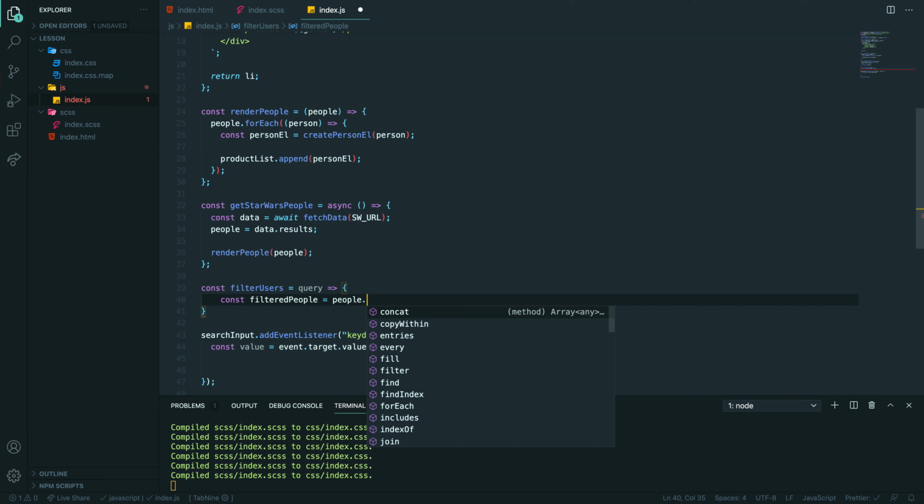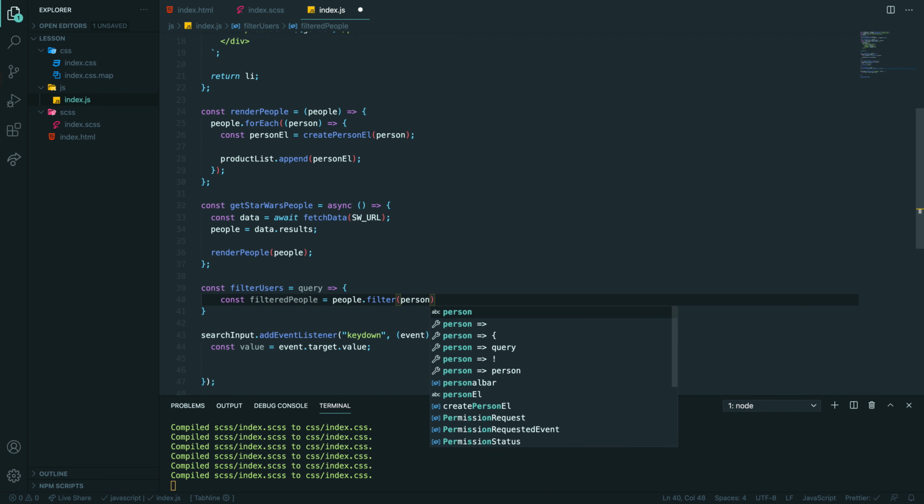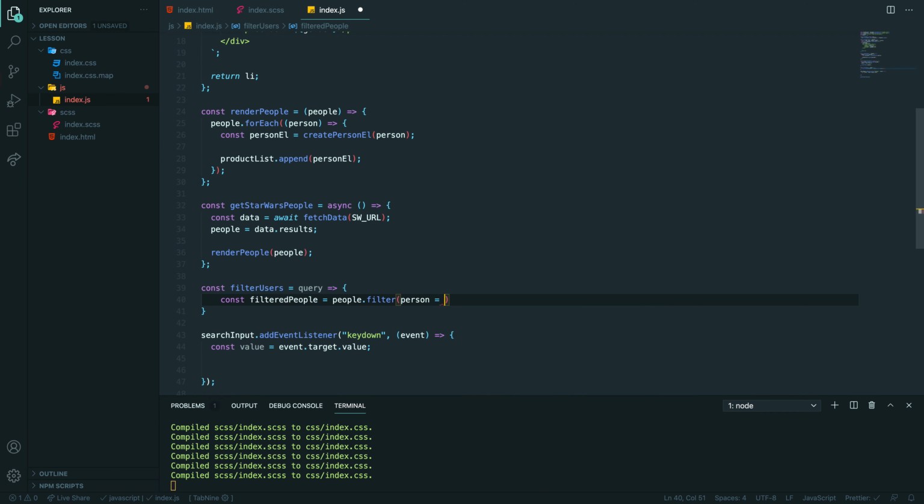Dot filter. And we take person. And we do what? So we want to check the name of the person. Theoretically, we can just destructure and get just name to keep it shorter, because that will be a person, so person.name or just destructure and have name. And now we want to check,